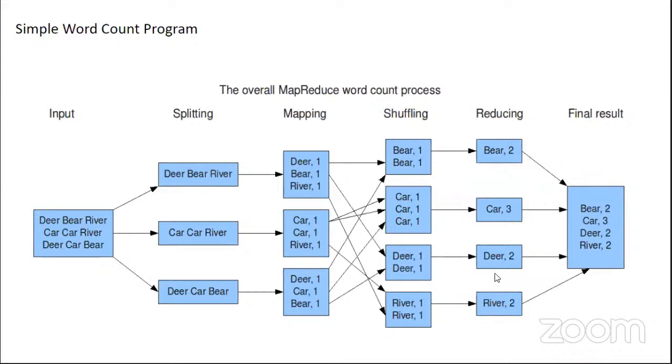Now, how will the mapper come to know where exactly the reducer is getting executed? All this information is given and controlled by the task tracker at the data node level, at the slave level. But this is controlled, again, by the job tracker, because it is coming from there. And once the data comes to the reducer, you can see for beer, 1 and 1 in the first block, it has reduced it to 2. For car, it has reduced it to 3, again 2, and that's how we generate the final output.